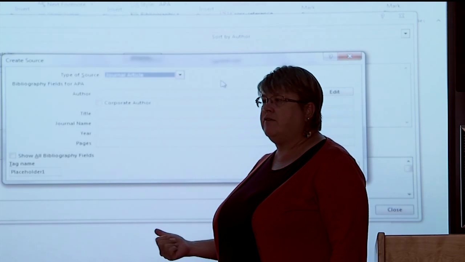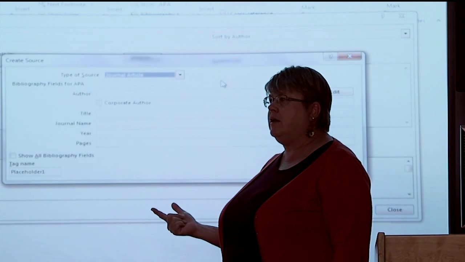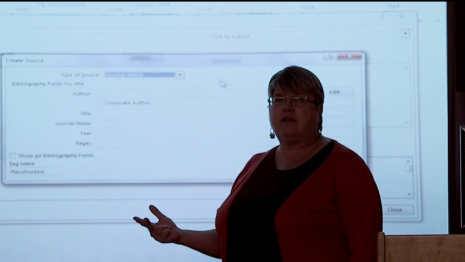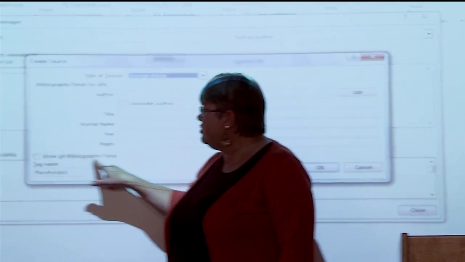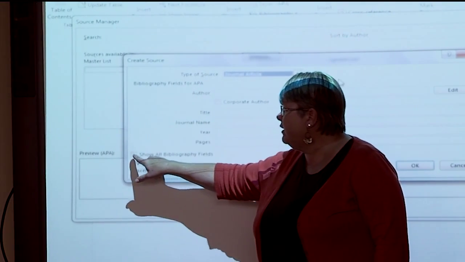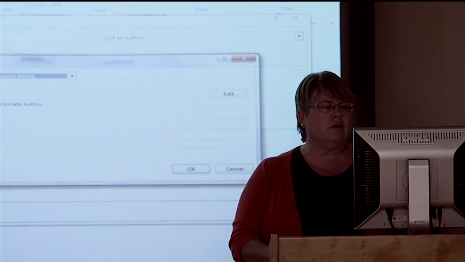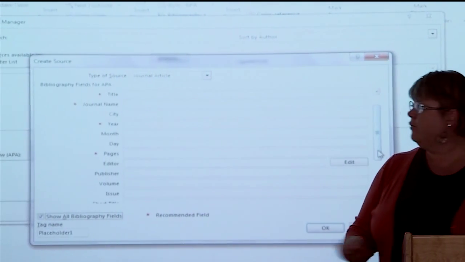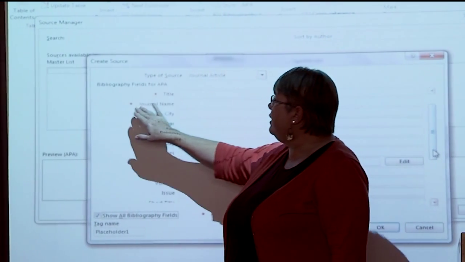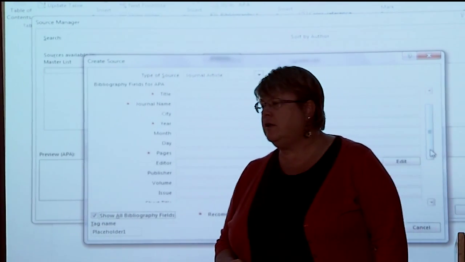But it's not asking for the volume number, the issue number, or the DOI. But this little box here where it says show all bibliography fields, if I click on that, that will then show me that the ones it originally asked for are the ones with asterisks. So it won't accept it unless I put that information in there.